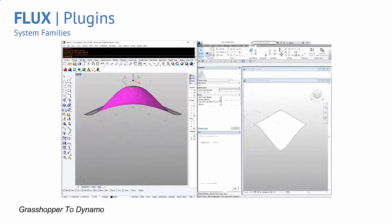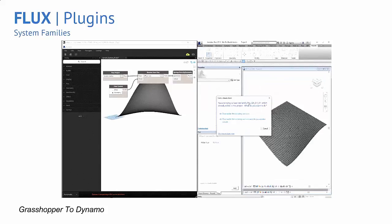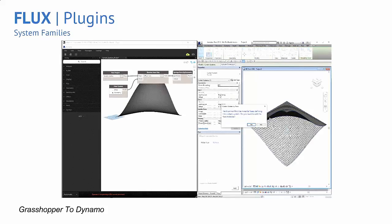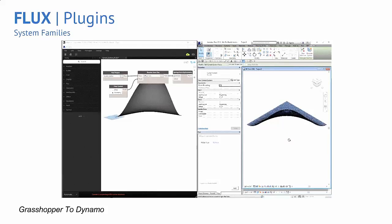We can take preform surfaces and essentially populate them within Revit families, and then you can take that Revit family, load it into a Revit project, and you can host system families on it. So now you can take simple system families and host them on more complex geometries, and essentially have those update as well. When you update the family and reload it into the Revit environment,